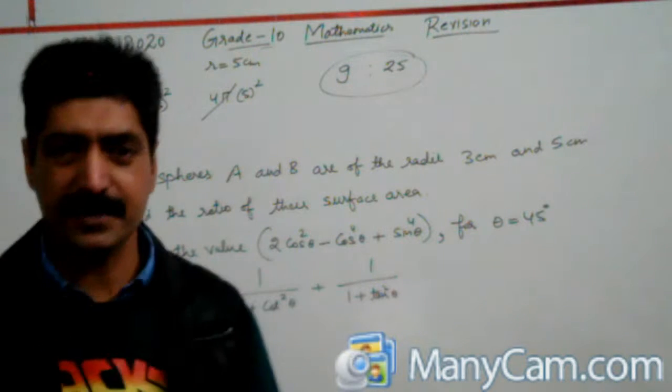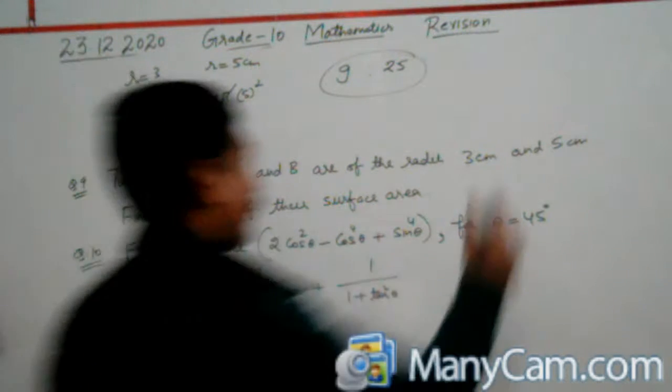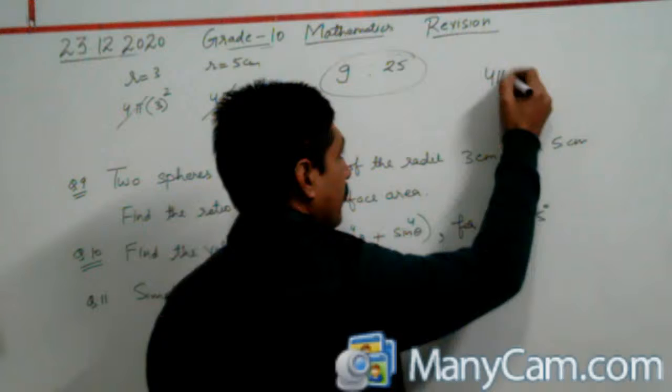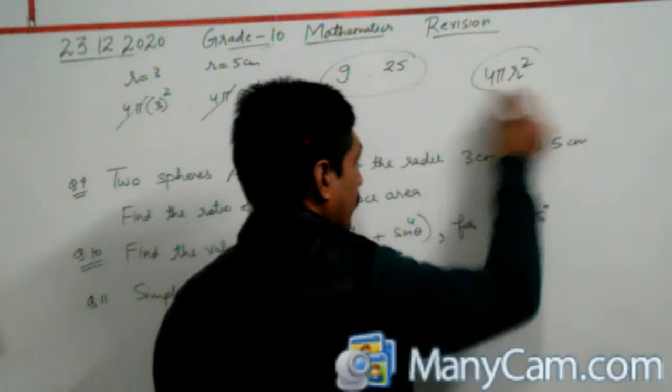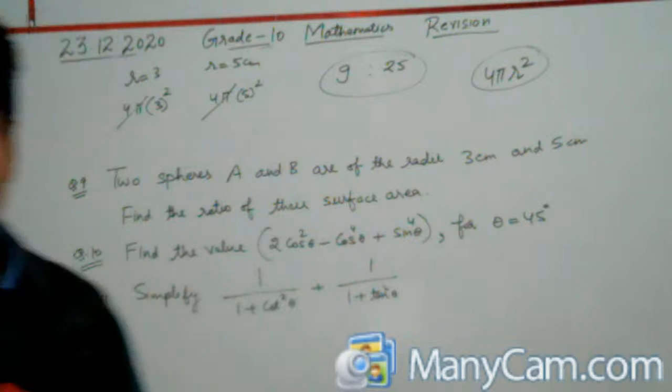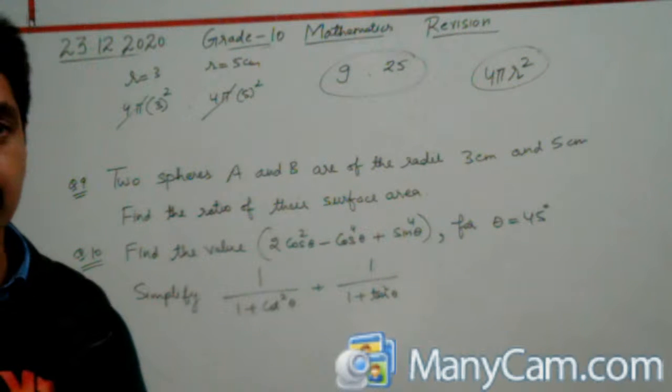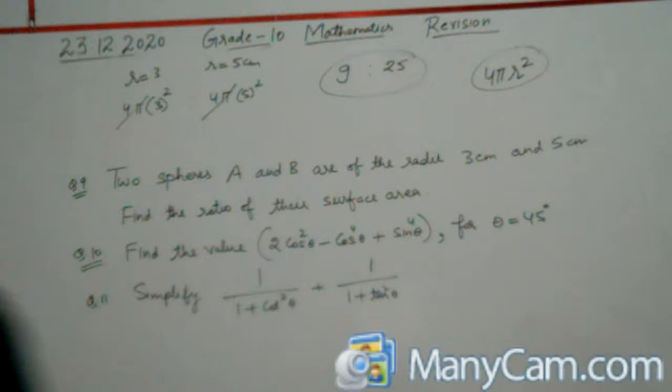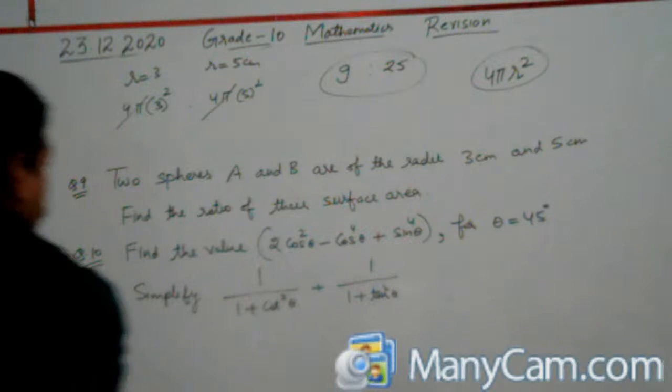4 pi gets cancelled. The area of the sphere is 4 pi r square. So here we will write that it is 9 ratio 25. So next one,